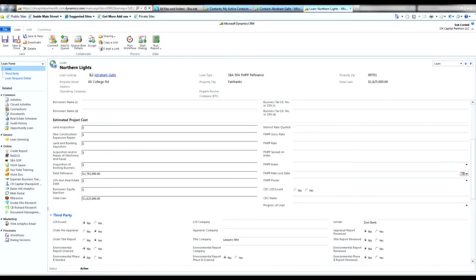And then here's the FMP part. What I wanted to do is, since we have various different poolers, and if you're not included in it, I don't want to pull down all the poolers. But anyways, it basically asks the interest rate quoted, what's the gross rate to the client, what the rate is,